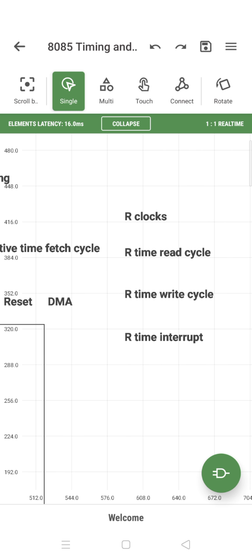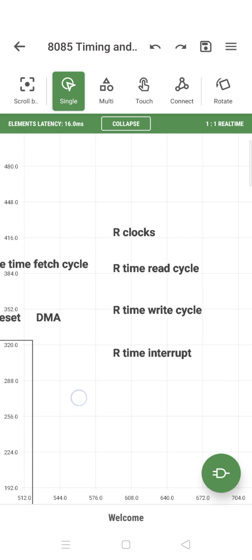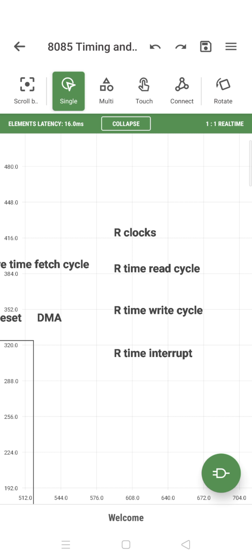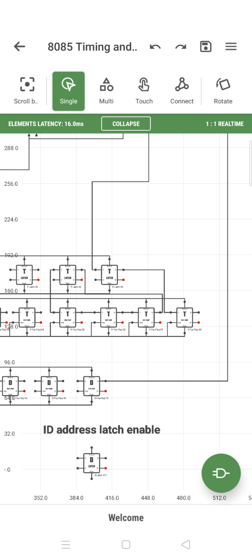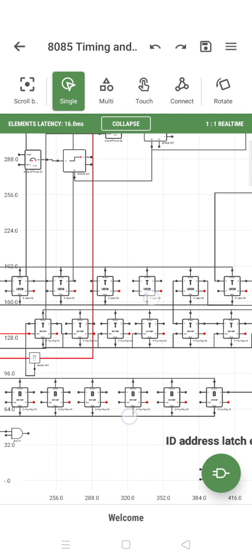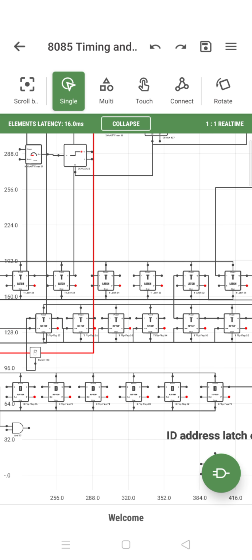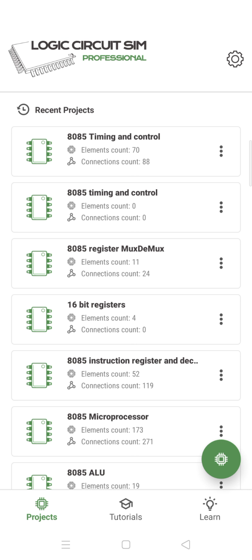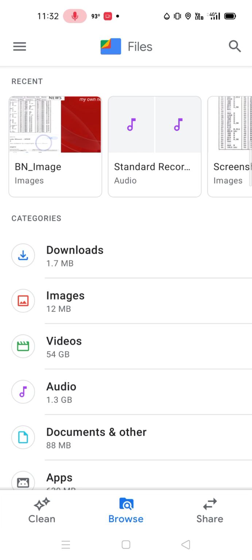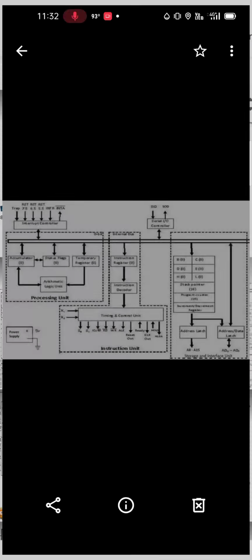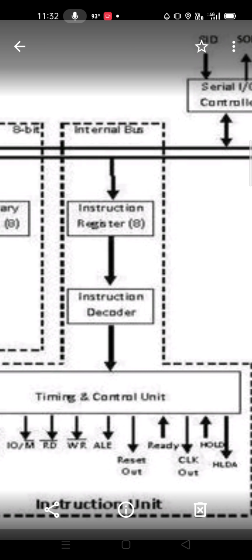Okay, now these clocks, once they come in, are decoded: the read time cycle, then you have the write time cycle, then you have the interrupt time cycle, those kinds are put in this, and the reset time circuits. Or if you're doing a DMA, then the DMA circuit timing is given here, and then that particular machine cycle is given here. That is what we saw here. I wanted to show you where this kind of circuitry comes in. So this is the timing and control unit.